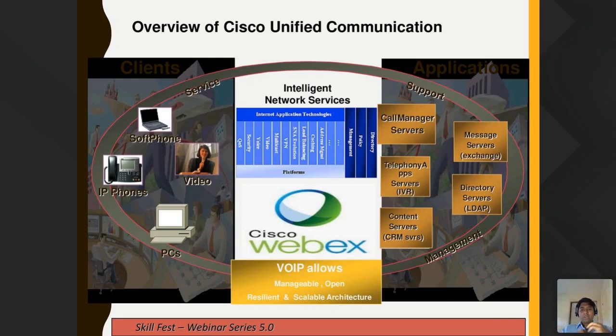But now collaboration and unified communication are booming, because everyone needs to communicate. Everybody wants to do remote working, and everybody wants to do video conferencing, like webinars. So the demand for unified communication is increasing very rapidly, including WebEx and Jabber. It's a soft client. You don't need a desk phone anymore to make calls inside the company or outside the company.